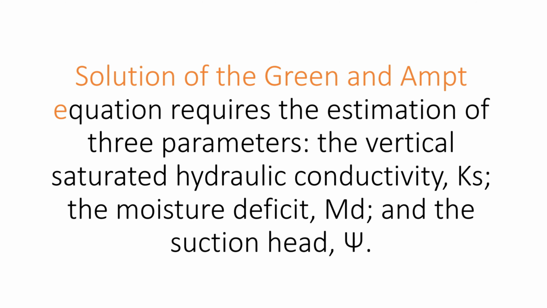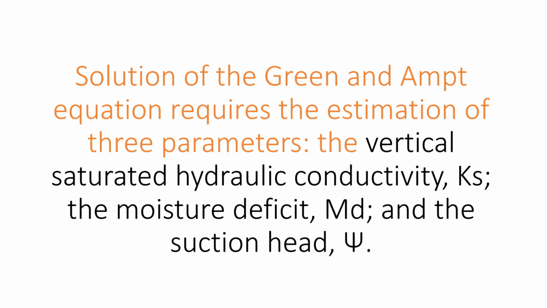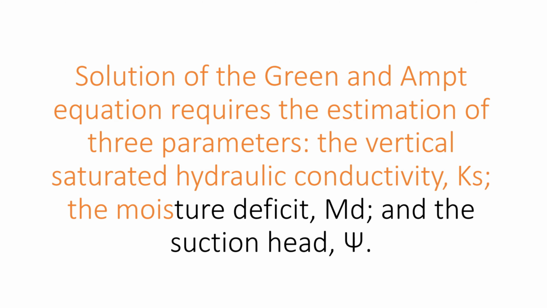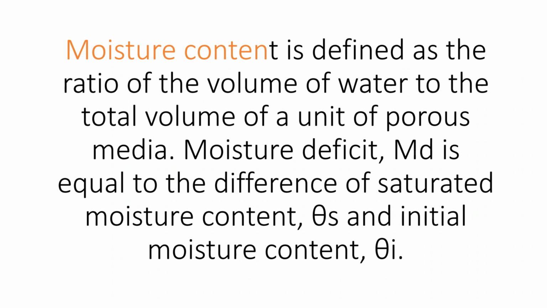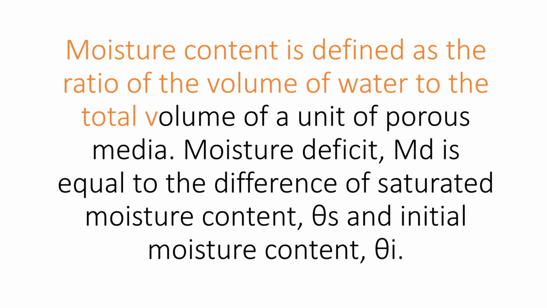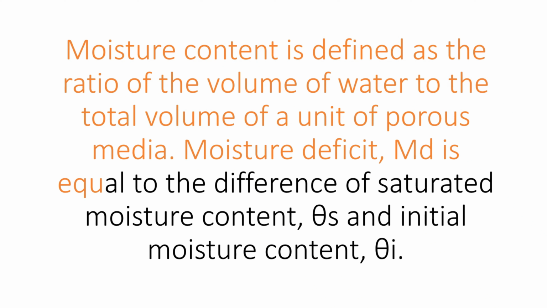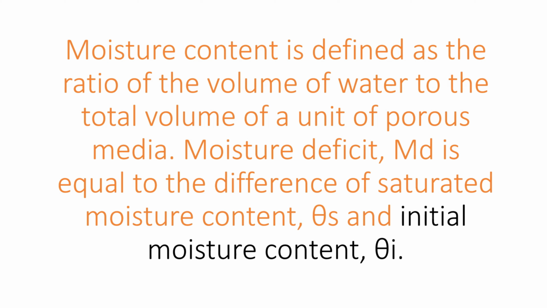Solution of the Green and Ampt equation requires the estimation of three parameters: the vertical saturated hydraulic conductivity, Ks, the moisture deficit, Md, and the suction head, psi. Moisture content is defined as the ratio of the volume of water to the total volume of a unit of porous media. Moisture deficit, Md, is equal to the difference of saturated moisture content, theta sub S, and initial moisture content, theta sub I. The formula is,